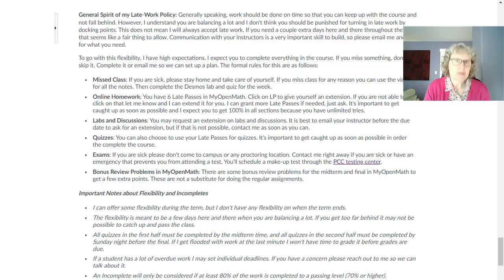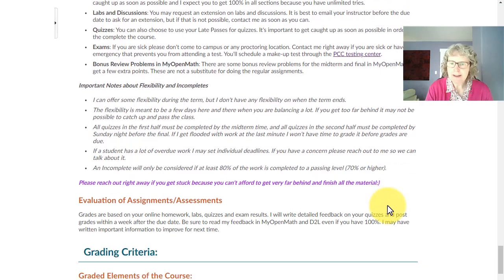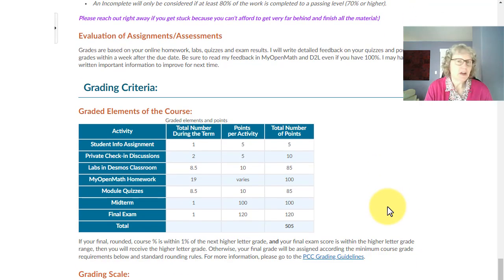But it is really important to stay on track because there's a lot of content. And so I have specific guidelines for different things if you miss class, need an extension on different things, okay? However, I can't just have someone do the whole class in the last 2 weeks, right? That's going to flood me with work and I might not be able to finish grading all that. And also, it's just really not good for learning. So if someone did get really behind, I might have to set certain deadlines and it's possible that you might not be able to finish the class. Okay, so stay on track. That's the message there. But please do, if you need a couple days here and there, totally fine. There's no penalty for that at all.